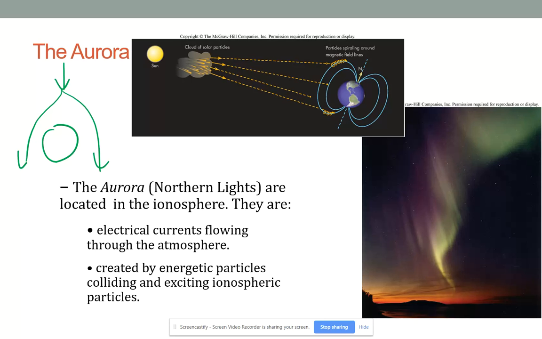But notice if you go to the north and south poles, instead of being split away, they start spiraling around magnetic field lines. Magnetic field lines are the way we talk about the force properties of the magnetic field. But we talk about them like the real lines coming out of the North Pole of a magnet going into the south, which leads to something else interesting there. If you look at that, you have the north on top, right? That's the North Pole. The magnetic field lines don't have arrows on them, but the magnetic field lines,